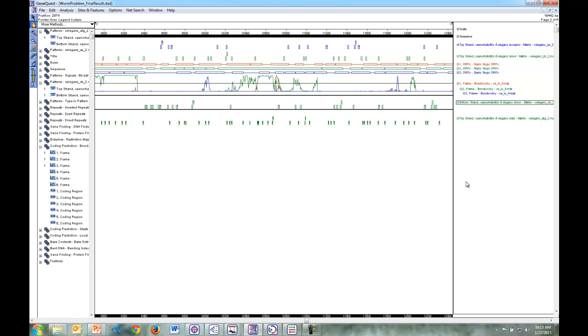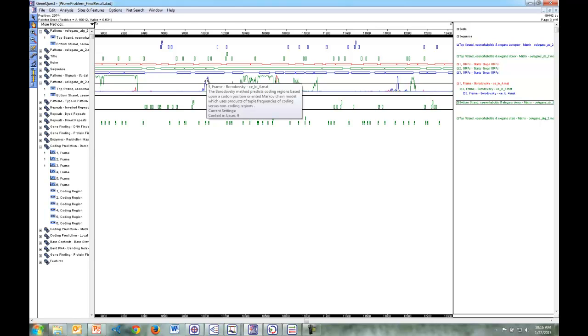So for this particular project, I've already gone ahead and set up the different methods I'd like to work with. So I'm just going to quickly show you how to create some features from the methods that you choose to apply in your particular project. So in looking at this right now, I've applied some of these Borodovsky methods here to the project. And I can see that this particular peak in the Borodovsky graph lies entirely within this particular open reading frame. So this indicates to me that this area could likely be an exon here,